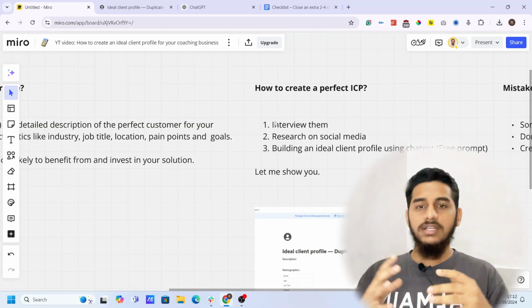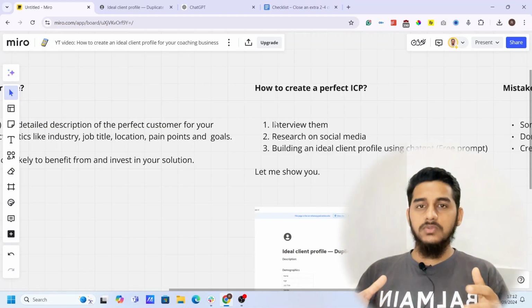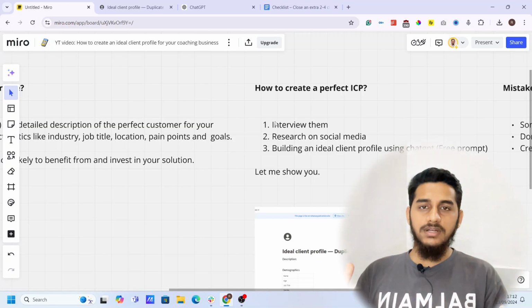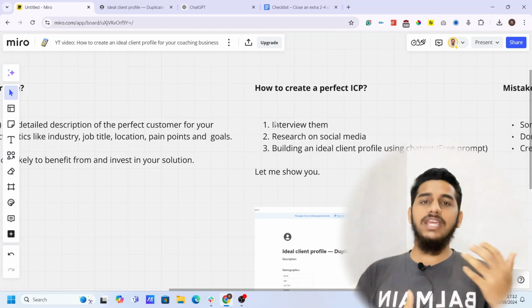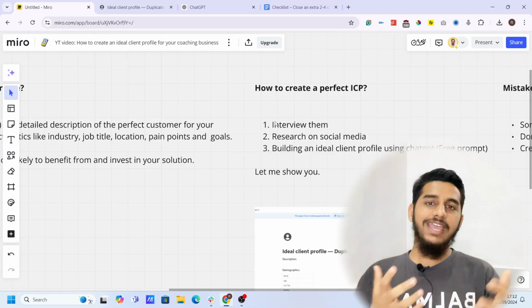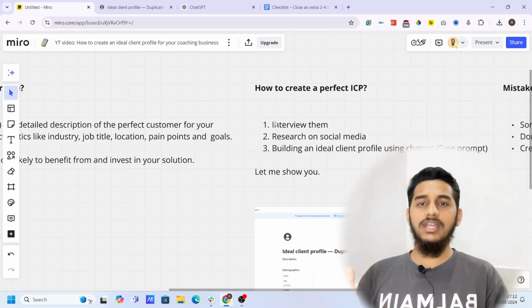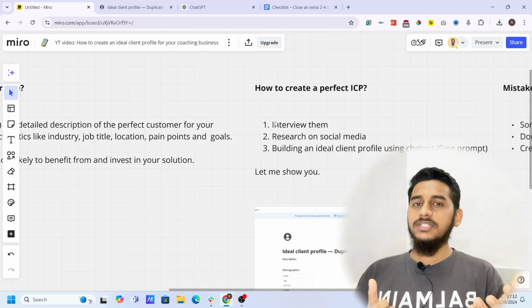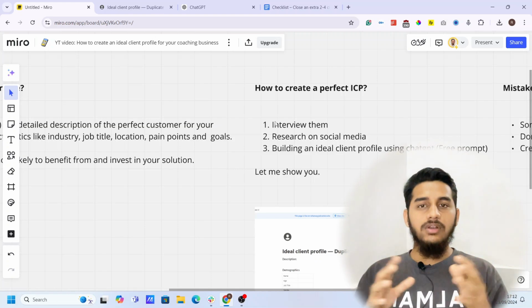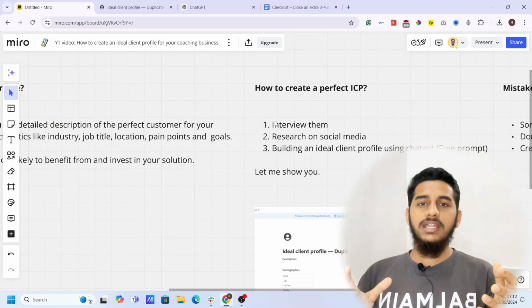It's that simple. Third thing, I recommend this to someone who is starting as a beginner, but not for the long term, because it's a ChatGPT thing, an AI-generated ideal client profile, which I give my clients who don't have ideal client profiles. It's good on an initial basis, but I don't recommend it long term, because